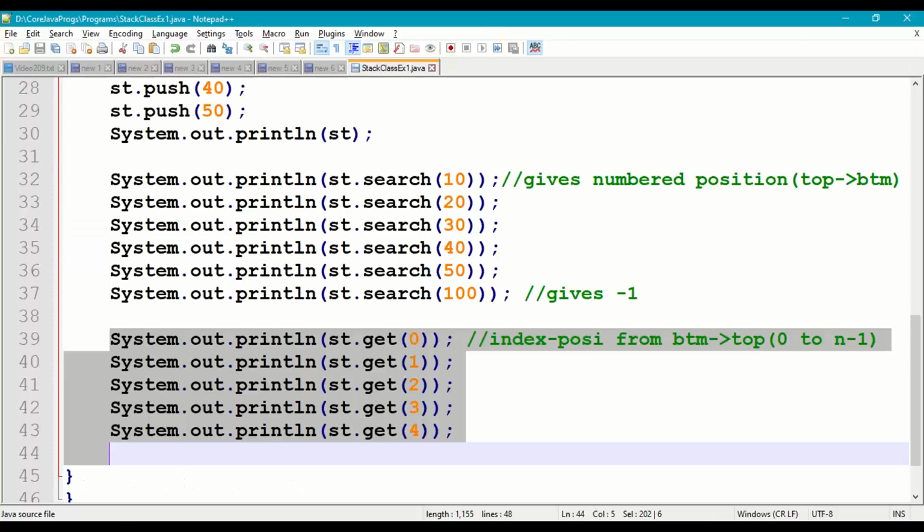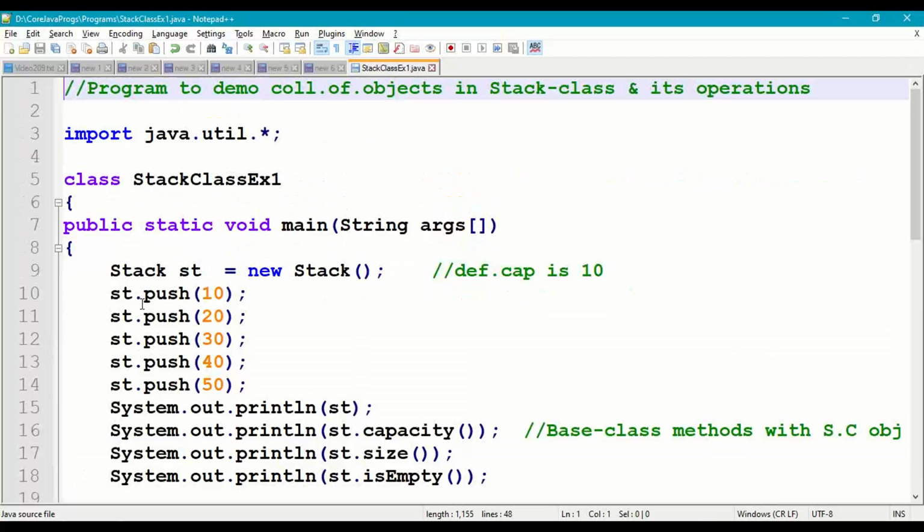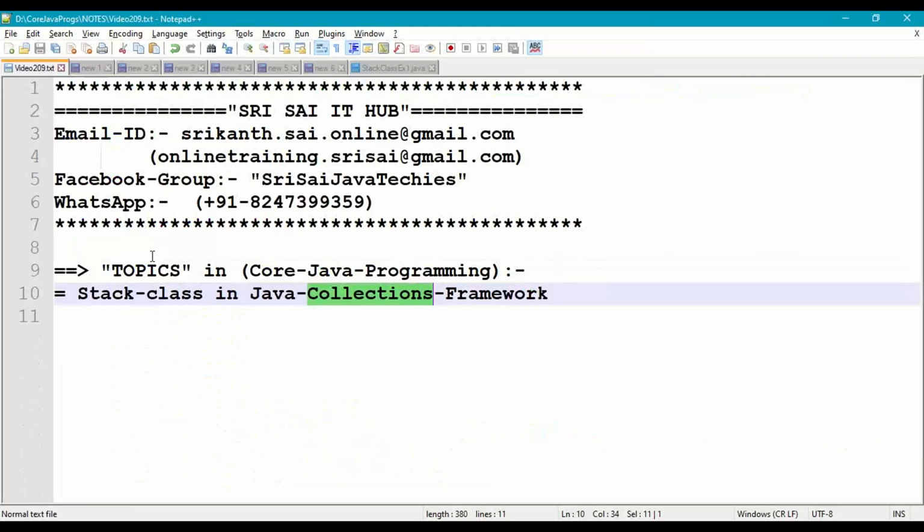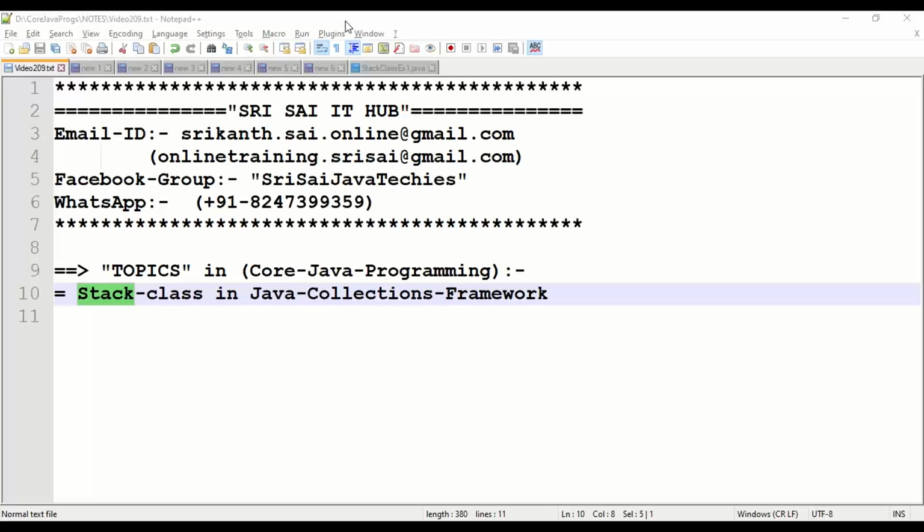So this is how we are supposed to work with stack in the Java collections framework, which stores elements one above the other, from bottom to top. From bottom to top we have indexes, from top to bottom we have positions, and we can use different methods like push, pop, peek, empty, search.